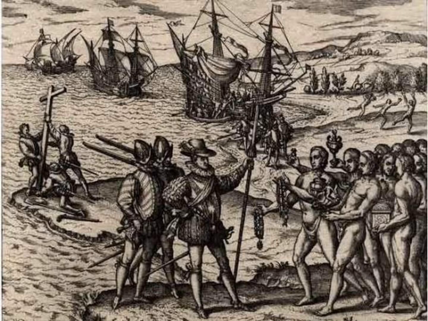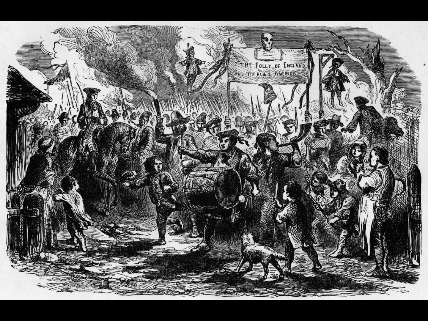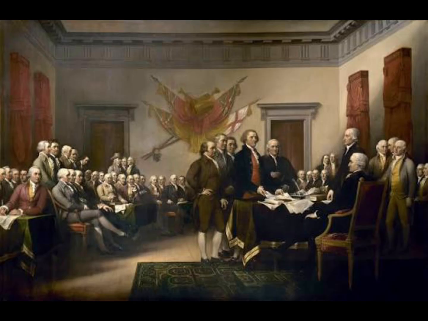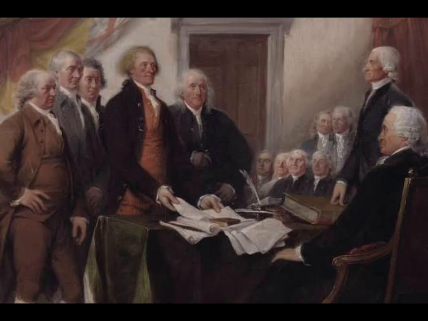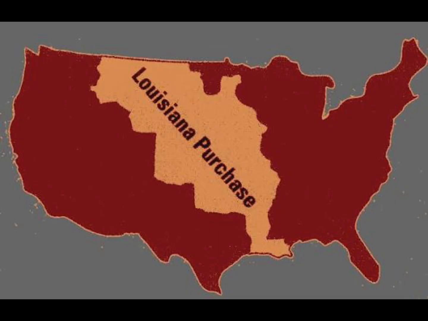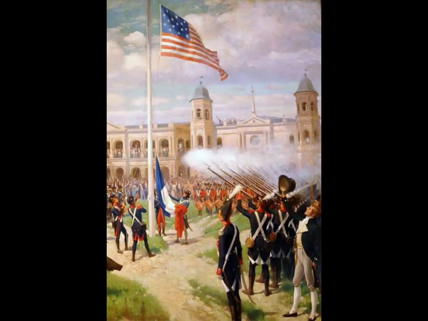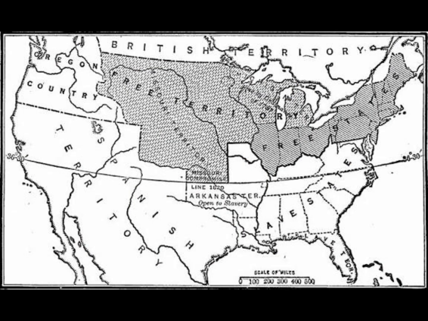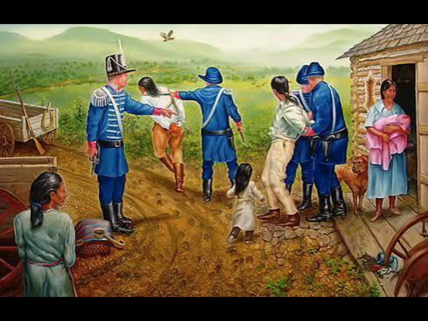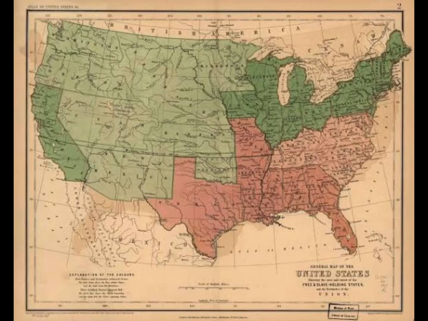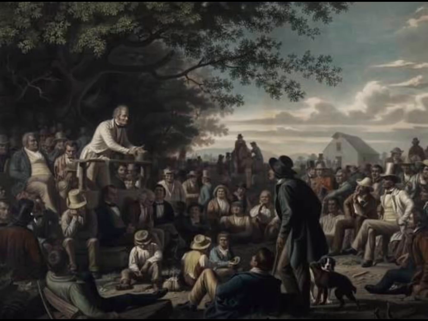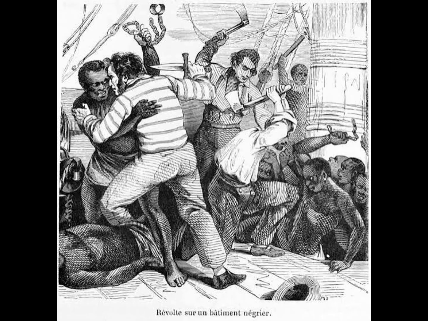Before European contact, native civilizations had complex societies, but colonization disrupted their lives and introduced slavery, shaping early societal hierarchies. Independence fostered a sense of national identity and new political systems, while expansion and economic growth created opportunities for some and deepened societal division, especially over slavery. Reform movements tried to address inequalities, but conflicts persisted.